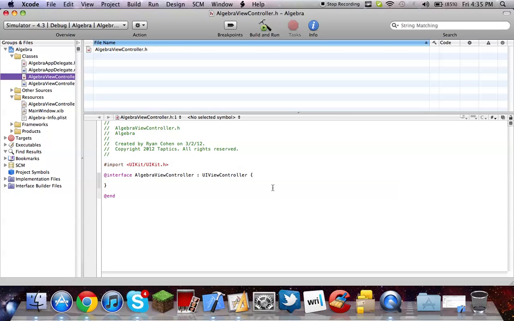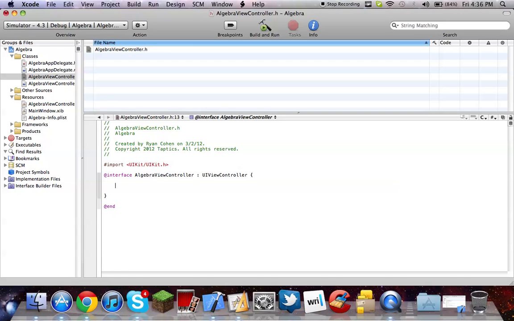So, it's all letters. If you've known algebra, if you learned algebra 1 like I have, algebra 1, 2, then you'll understand the methods and the process of this. So if you don't know algebra, you're going to learn something today. I can't guarantee you're going to understand everything I'm talking about, but I'm pretty sure if you're in high school or middle school, you should have a general understanding of what I'm doing. So we're going to be making an app that actually performs algebraic